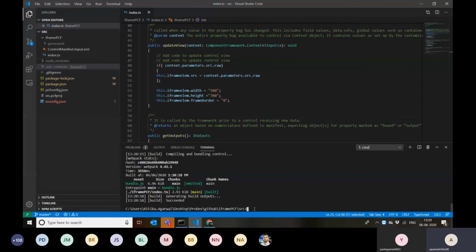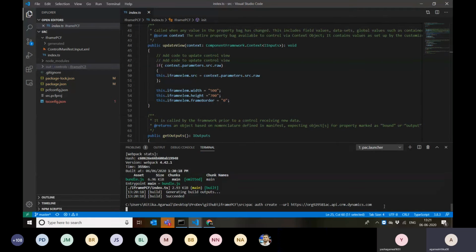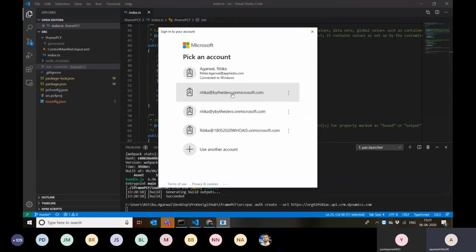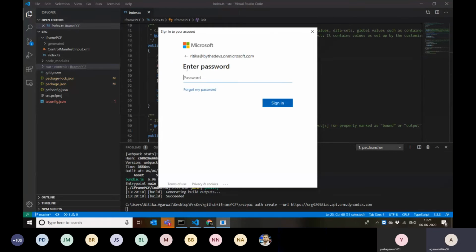I can go back to this PCF Visual Studio Code. I can write a command something like PAC auth create, auth being the short form for authorization, and then the URL for my environment. So I can paste this URL. If I click enter, it is asking me to sign into my account. So I can select this one because we are using Ritika by the devs.